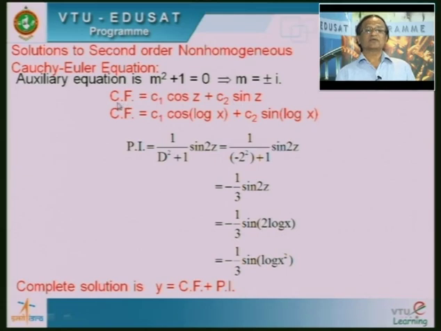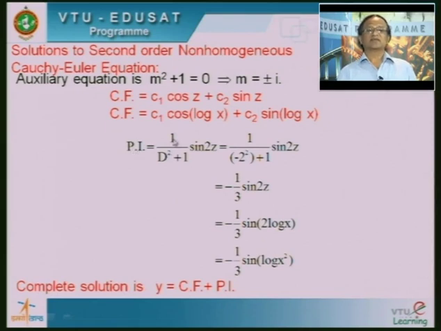But we want to find out the complementary function of the given differential equation. The given differential equation is a Cauchy-Euler equation. That is why your complementary function must be in terms of x. So, C1 cos of log x plus C2 into sin of log x. Okay. So, this is the complementary function of the given differential equation, but the right hand side function is not equal to 0. That is why we want to calculate a particular integral, as I have mentioned earlier.